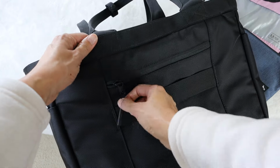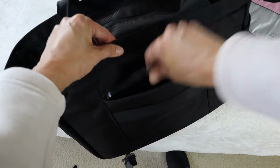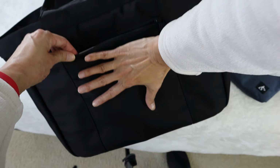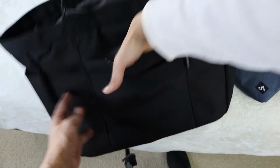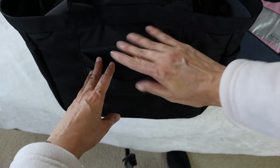What I love most is the quick access pocket on the back of the bag. It's zippered. It's a really nicely placed area for my valuables such as my passport or some cash, my wallet, credit cards, because it's easy access for me, but yet it also gives me added security because I would be holding this bag with that pocket against my body, so it just makes it much harder for any potential theft to